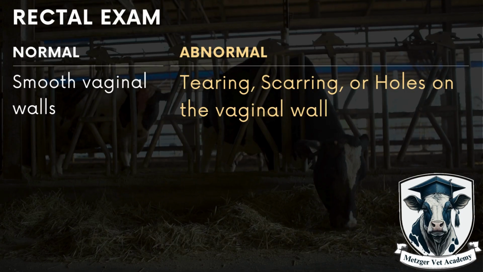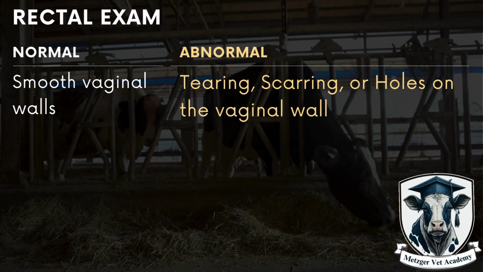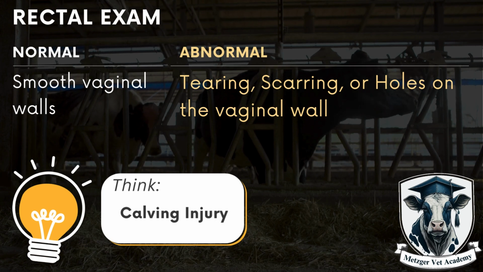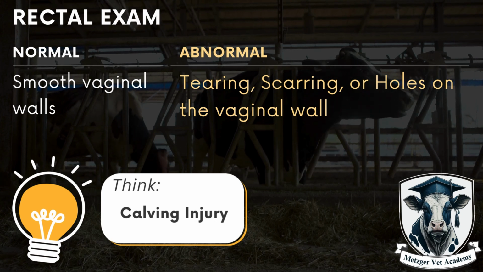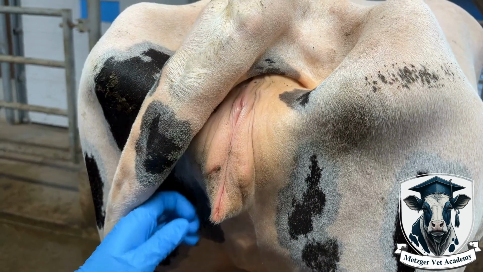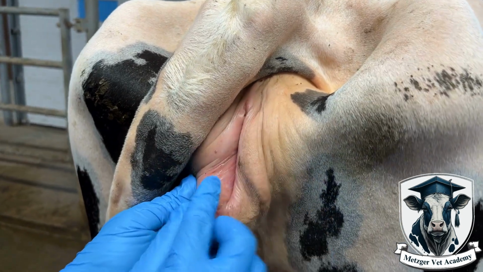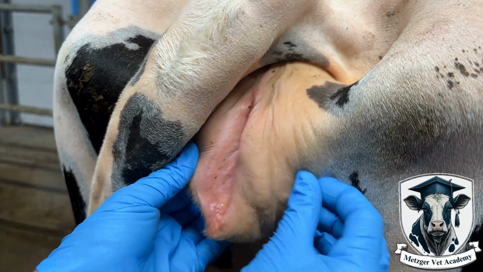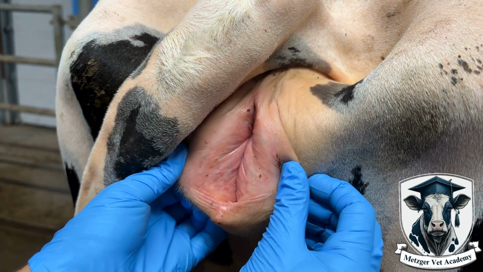A vaginal exam can be conducted with a clean gloved hand if a cow is very fresh. This will help you determine if the cow has any tearing or traumatic calving injuries, or if she has any pieces of placenta that are retained internally. It is also not unheard of for a farmer to find a dead twin inside of a sick cow a day or two after her initial calving.